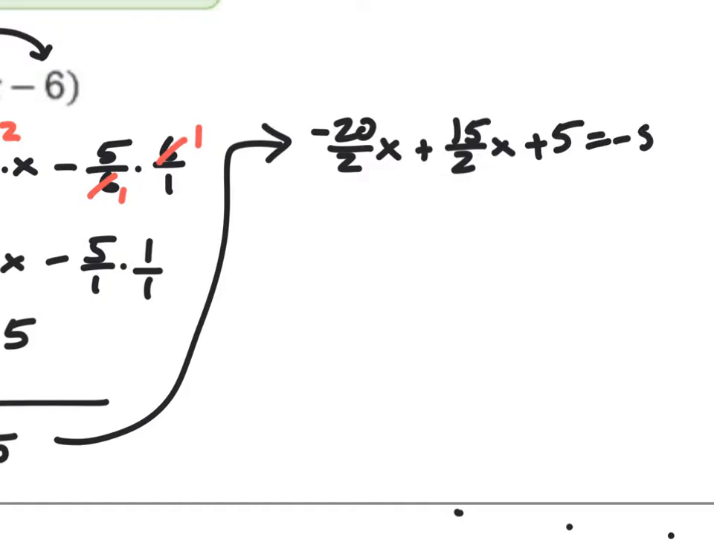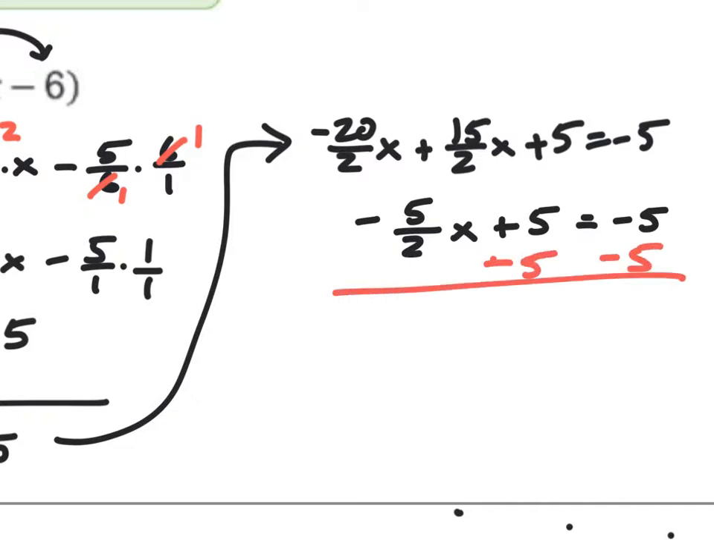Okay, and that's equal to negative 5. Now what I can do is combine these two as like terms. I'm just going to add my numerators and keep my denominator of 2. So negative 20 plus 15 is really going to give us negative 5 halves x plus 5, and that's equal to negative 5. I'm going to go ahead and subtract 5 from both sides,